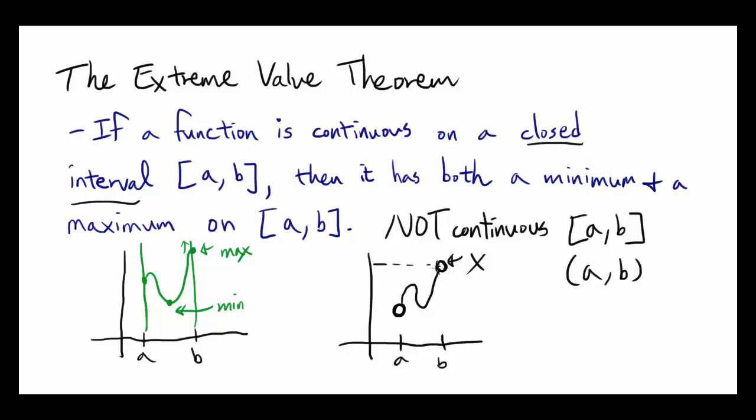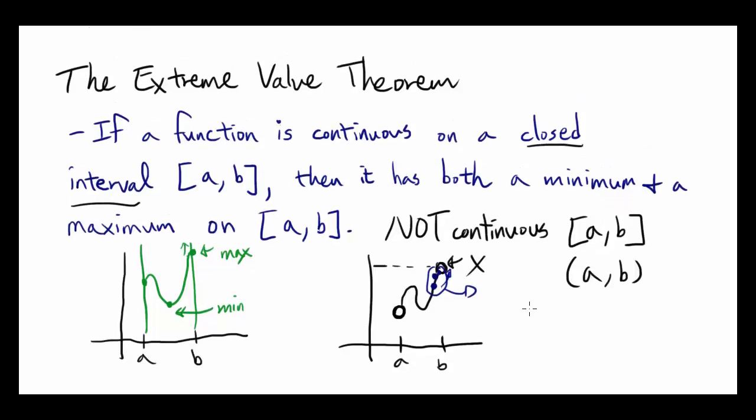You might say this value is the maximum, but obviously this value is greater than that, and the value closer to this hole is greater than that, and so on. So in this case, you don't have any maximum, because whichever point you pick in this interval, there's always going to be at least one point, actually an infinite number of points, whose function output is greater than the value before it. So in this case, when the function is not continuous on AB, you don't have a maximum or